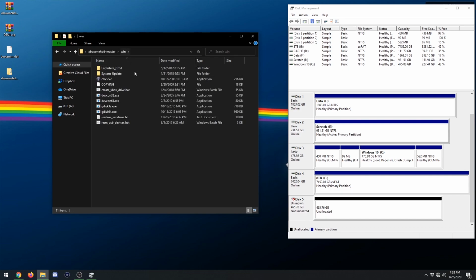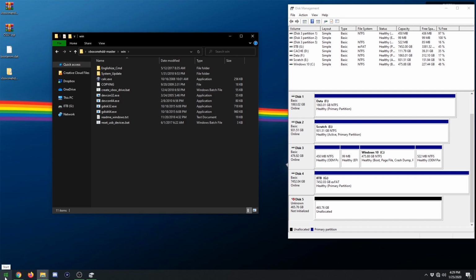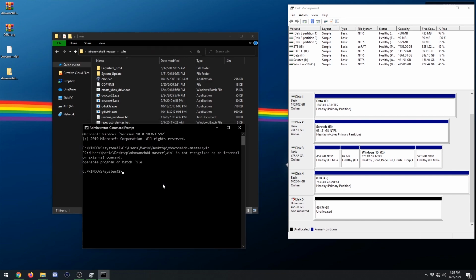I'm going to go to Win, and I have the README, but everything's pretty easy on here. So we need to launch this. I don't really want to do PowerShell, I'm just going to use command prompt. So there we go, I got my admin version of command prompt. I'm going to come right over here and paste this in. Oh, oops, I had to do CD. I forgot. All right, and we're going to launch